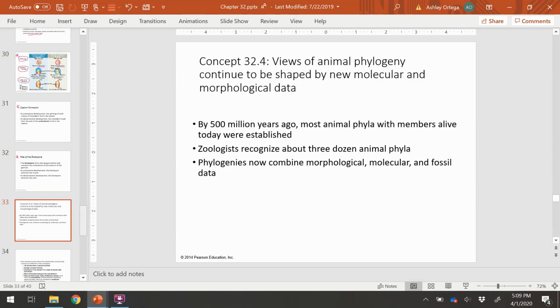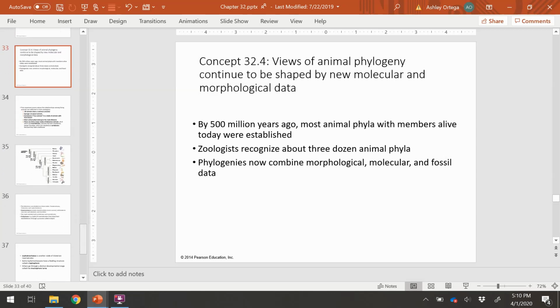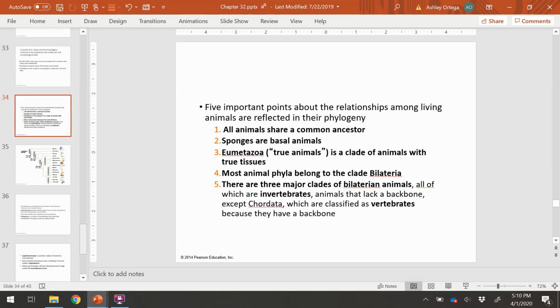Alrighty. And so the rest of this chapter helps look at the phylogenetic tree and molecular and morphological data. It's just a few slides. I like to go through it to prep you for the next chapters, but this stuff we will see in the next chapters, so it's not necessarily something that's listed to review on this chapter. And so looking here, there are 5 important points about relationships among living animals, that they all share a common